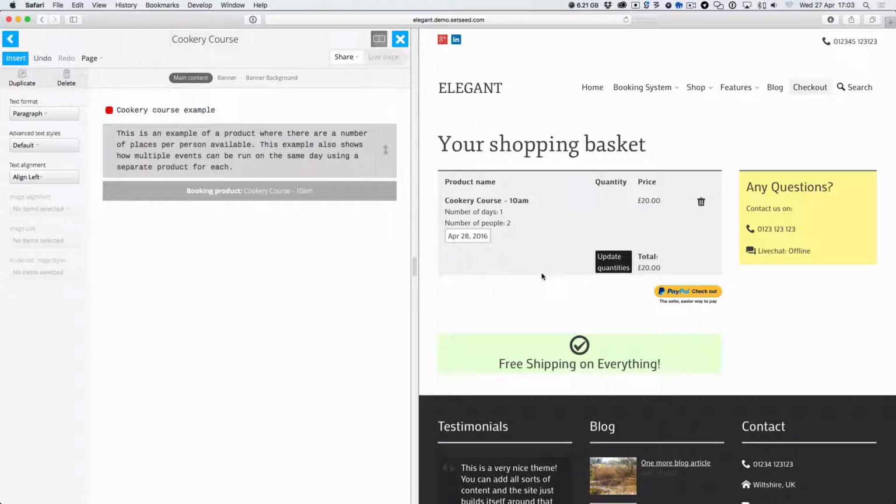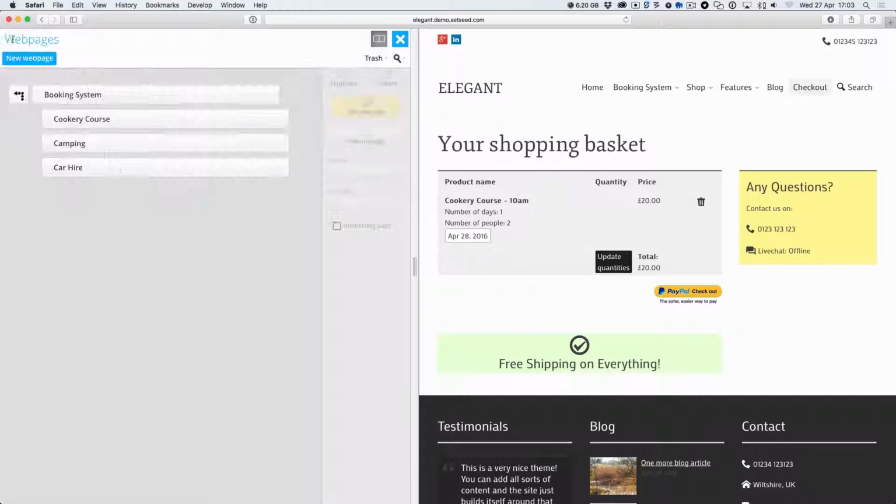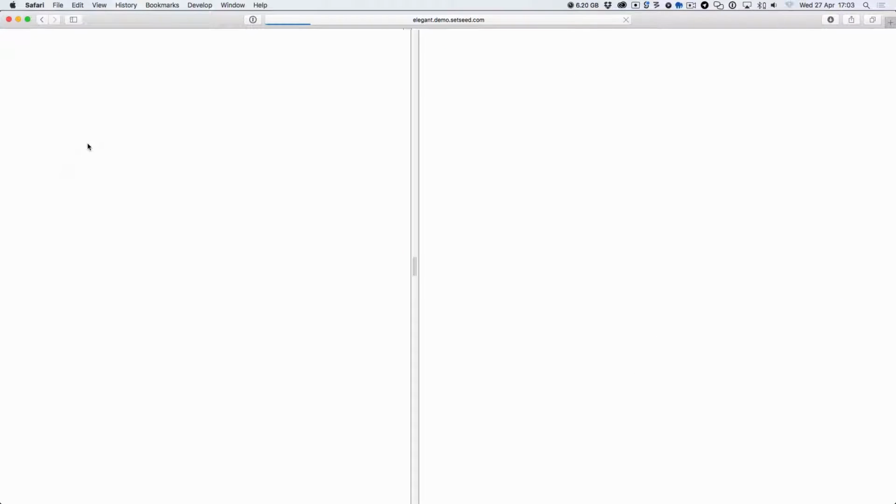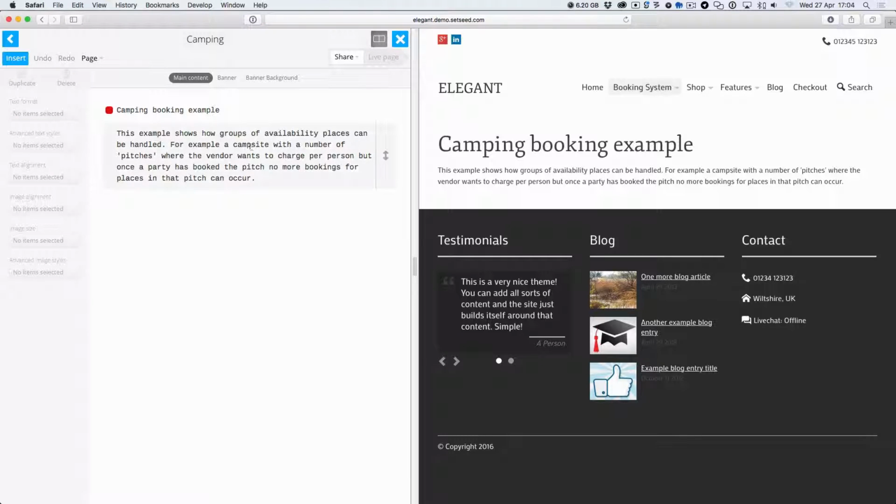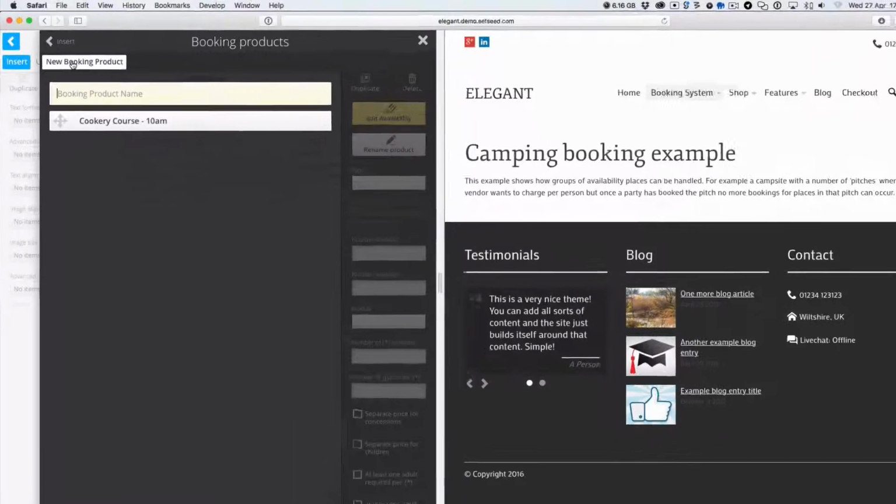We'll look at what it looks like in the admin in a minute, but before we do that, let's go ahead and take a look at some of the other booking product types. So if we go into the camping example, what we can do here, we'll go into booking products, new booking product,